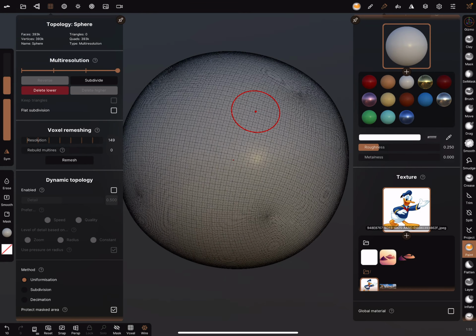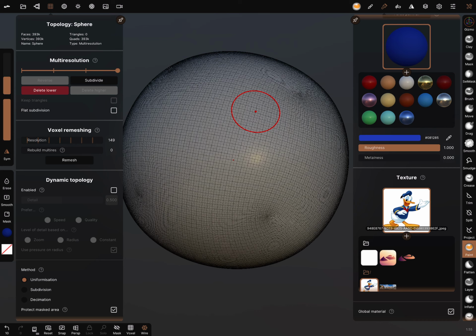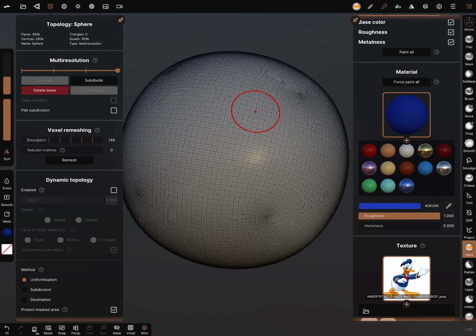And for example, the last checkbox is checked, global material, and you look for the color. Now it's blue and the picture is now blue. I turn the symmetry off and